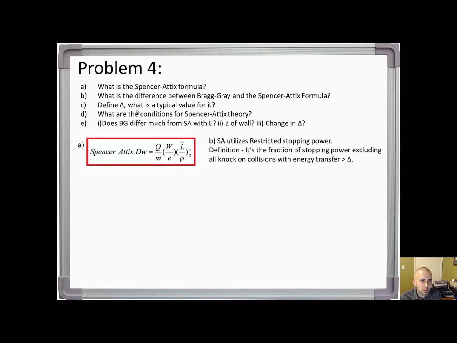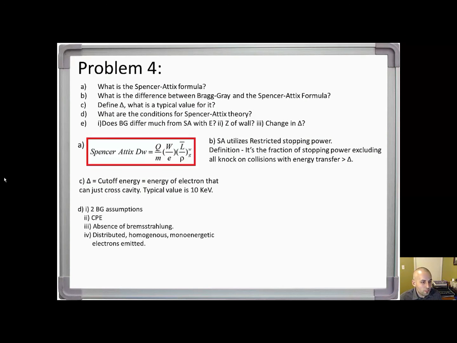So for C, define delta and what's the value of it? Delta is the cutoff energy, or the energy of the electron that can just cross the cavity. Typical value is 10 kiloelectron volts. For D, what are the conditions for Spencer-Haddix theory? Both of the Bragg-Gray assumptions. You do need charged particle equilibrium, absence of Bremsstrahlung radiation, and you need distributed, homogeneous, and monoenergetic electrons that are